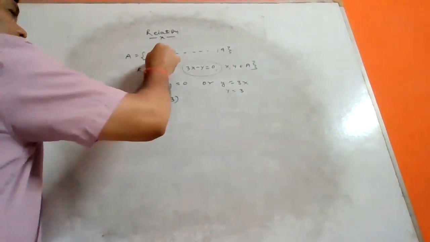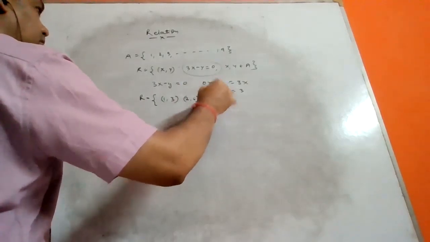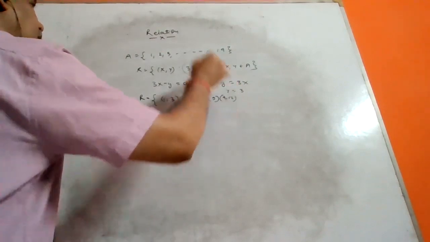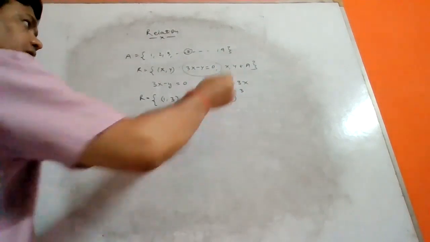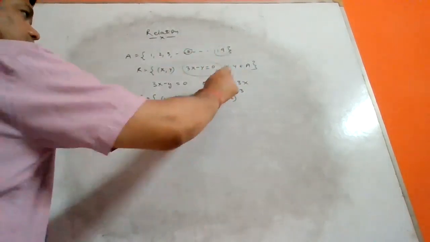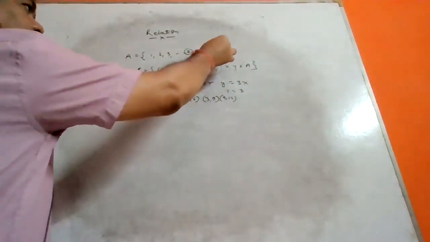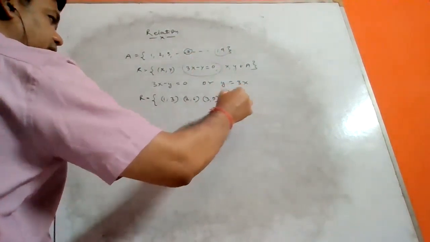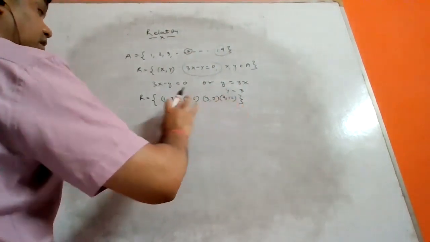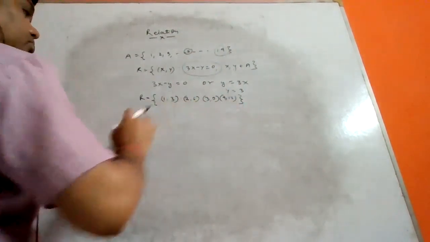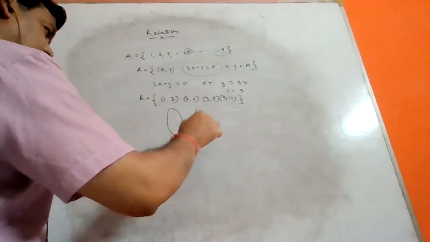Now putting the value 2, y = 6. For 3, y = 9. For 4, y = 12. If we put the value 5 in this expression, 5 threes are 15, but our last element is 14. And they already told you x and y belong to A. So 15 does not belong to this set. So the last element is (4, 12). So these are the set of the relation in terms of ordered pairs: (1, 3), (2, 6), (3, 9), and (4, 12). And now we make the pictorial diagram. This one is A and this one is your B.